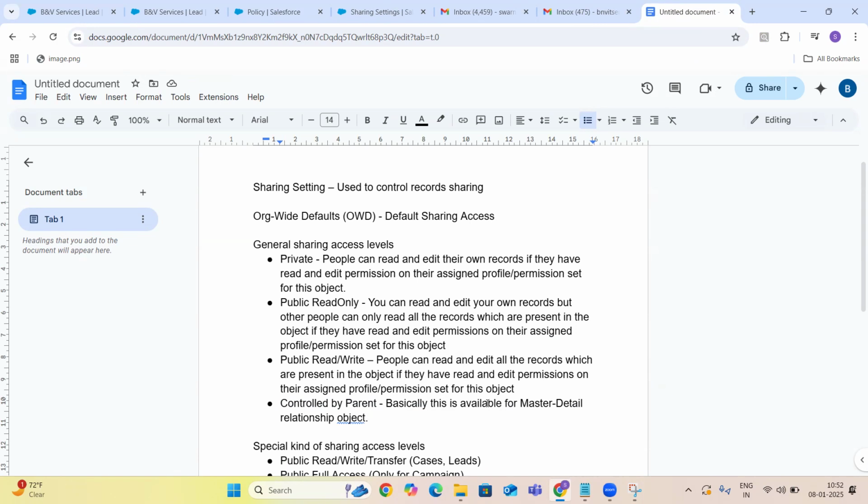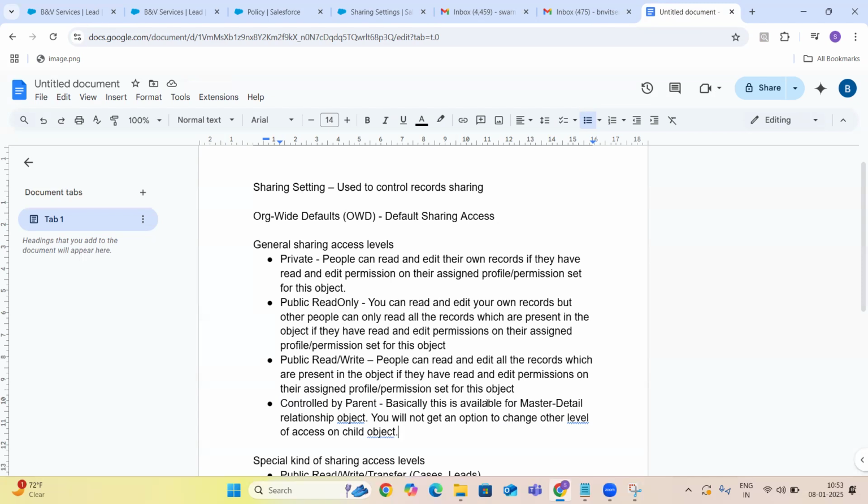Then I can see in the contact object, I can see other master detail relationship objects, and you will not get an option to select other permissions. You will not get an option to change other level of access on child object. Okay, on the master object,